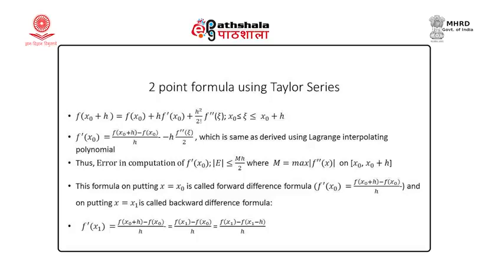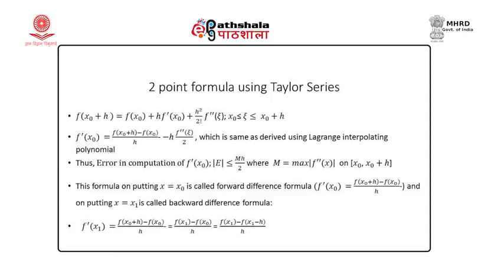Here we can take h f dash x 0 on one side, take all other terms on the other side. So, we get h f dash x 0 is equal to f x 0 plus h minus f x 0 minus h square by 2 factorial second derivative at xi, and divide by h. So, we get f dash x 0 is f x 0 plus h minus f x 0 by h minus h f double dash xi by 2, which is the same which we derived earlier. This was our interpolating polynomial result and this was the error term. So, Taylor series is equally good in deriving numerical differentiation formulas.